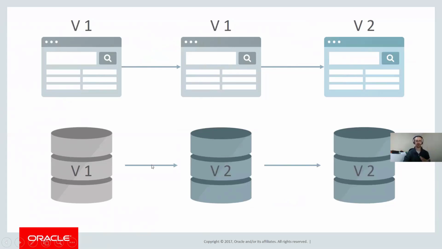If you're doing these one at a time, then you know what's caused the problem. If you deploy the new version of your schema and everything falls over, you know it's something to do with the schema. If you've got the schema out, deploy the new version of your application, and everything falls over, you know it's something to do with the application. So you're doing fewer things in each release, making it easier to identify any potential problems, and also making it less likely that errors would occur. So it's important we decouple this.